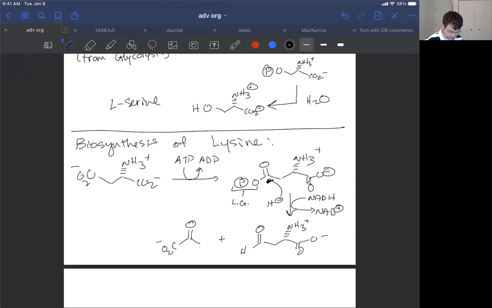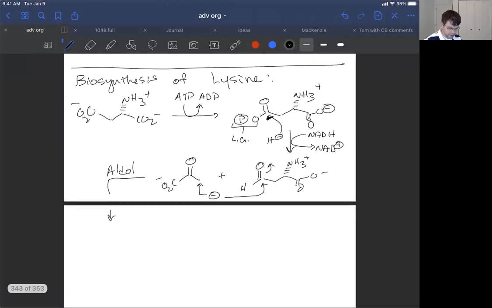Okay, so I want to think about this alpha position as my negative charge. It's not like we're going to form an actual enolate within an aqueous medium, but that gets converted into a good nucleophile or an enolate equivalent, which we could then add to the aldehyde and do an aldol reaction. When that adds in an aldol-like reaction, we get